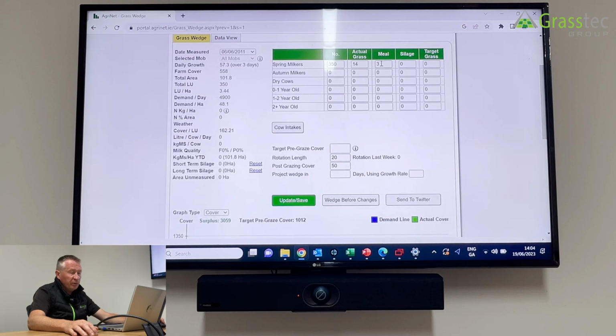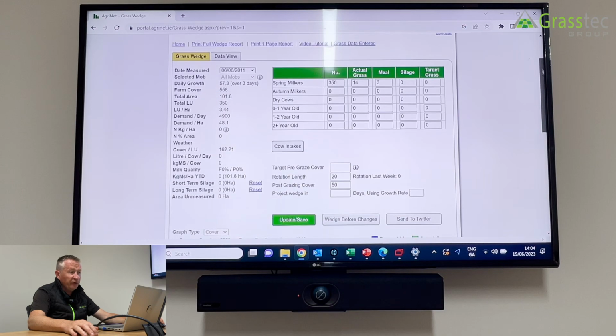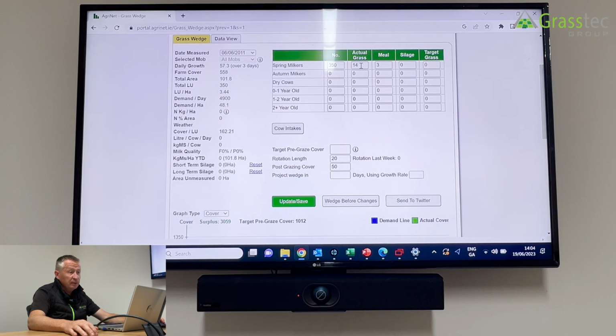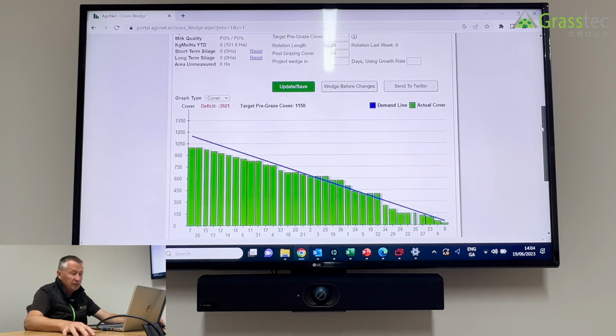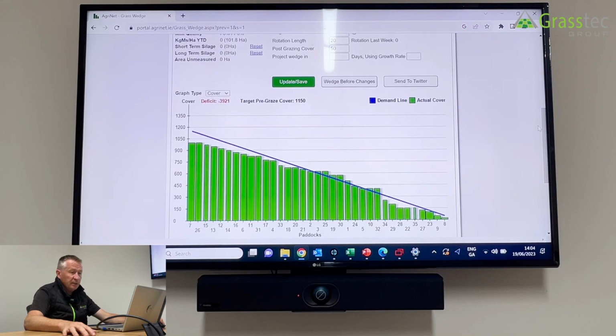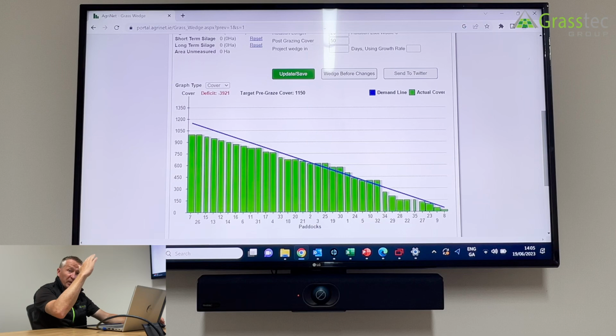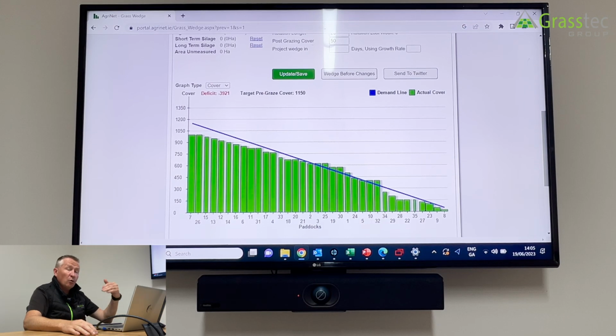Now, can we reduce the meal? You can say, well, it's equilibrium. Can we play with it and say, well, can we actually take out the meal as well? Okay, so let's say we drop the meal to 1 and then we bring this up to 16. So it's about 17 kilos total intake. We update, save it. Now we've raised our demand to 55. Okay, and now look at the line. The line has increased up again, and you can see even over and above